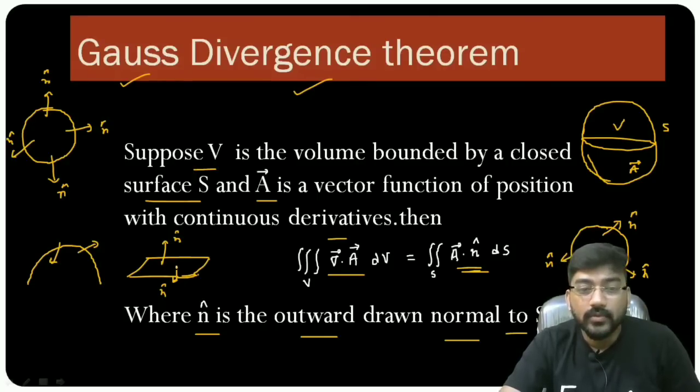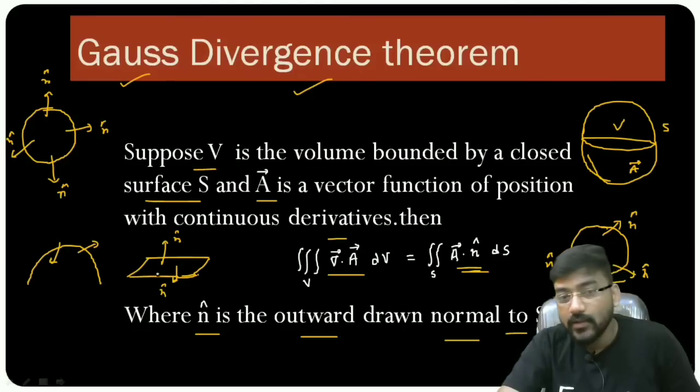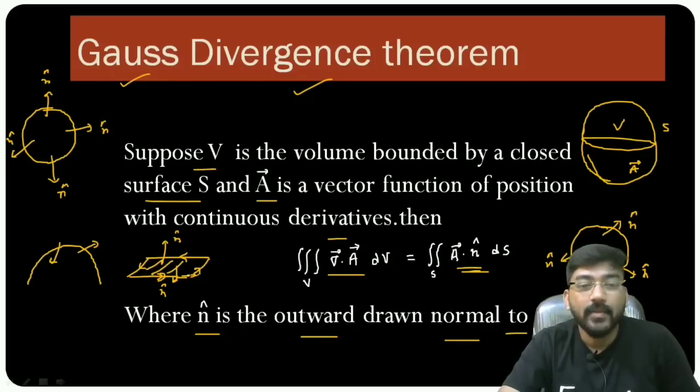So in that case, how do you choose this n cap? You have to see the direction of the boundary of this surface. How can you choose the boundary of this surface? If you walk along this periphery or along this boundary of this surface, so this is the open surface, and this is the boundary, you have to walk in such a way that your left hand will always be on the side of the inner side of this surface, this region.